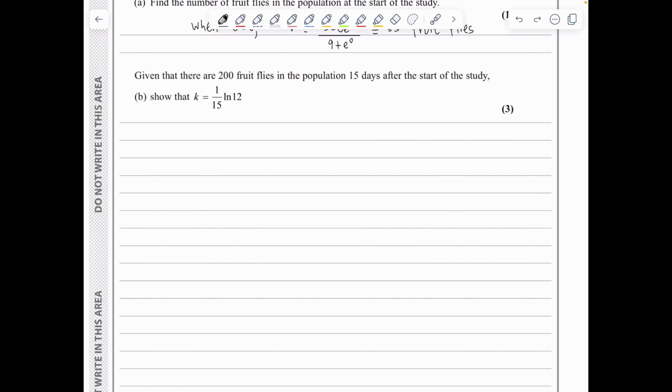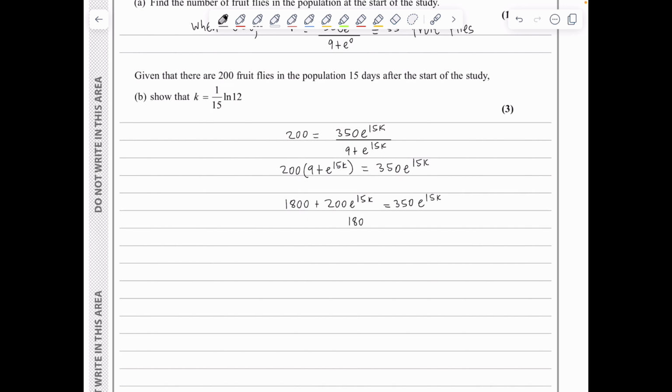So I will substitute capital F with 200, and this is equal to 350 e to the 15k. So I'm substituting t with 15 over 9 plus e to the 15k. I will cross multiply to get 200 times (9 plus e to the 15k) is equal to 350 e to the 15k. I will expand the left hand side, leading to 1800 plus 200 e to the 15k is equal to 350 e to the 15k, and therefore we've got